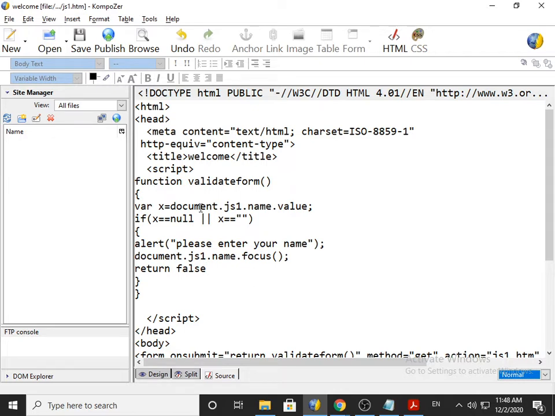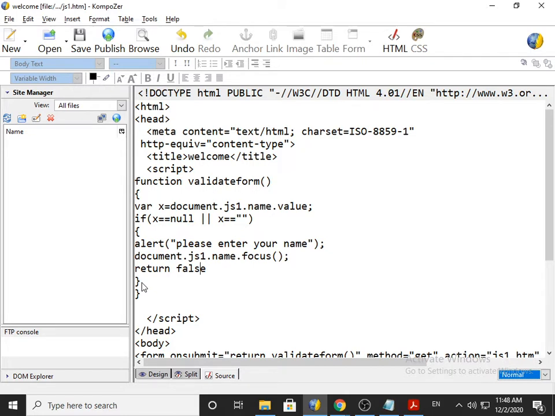We learned in our last lecture that var is an instruction to create a variable. It must be in small letters, and x is the variable itself. A single equal to symbol is used to assign the value of a variable. We also discussed the if condition: if the overall answer of the if condition is true, it will go inside the curly bracket and follow the steps, and if it is false, it will skip the bracket, and in a situation where the else keyword is available, it will go to else.